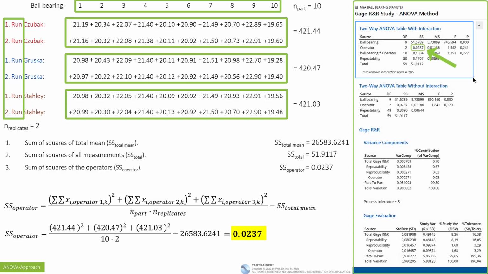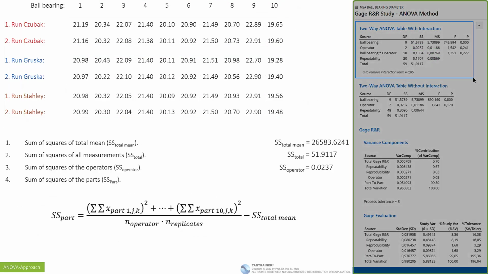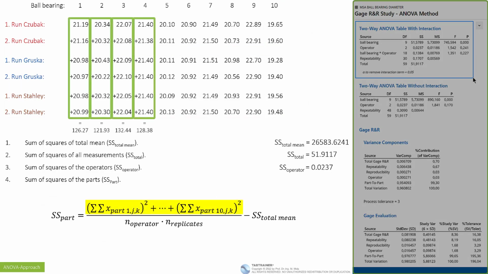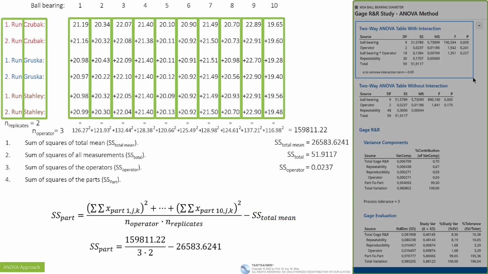We find this numeric value in the output window at this point. In the fourth step, the sum of squares per part over all operators is determined. For this, all measurements per ball bearing are firstly added up and squared. Then all 10 summed up and squared results per ball bearing are added together, and the sum is divided by the product of the number of operators and the number of replicates, and subtracted from the sum of squares of the total mean, calculated in the first step, which yields a sum of squares per ball bearing, across